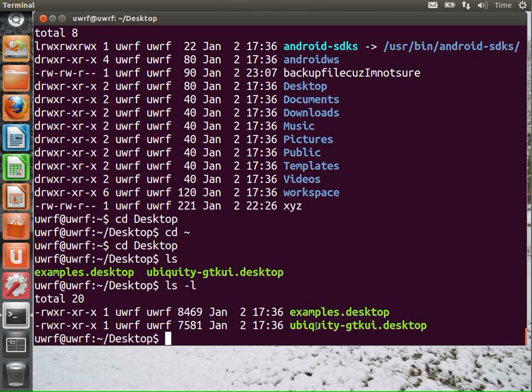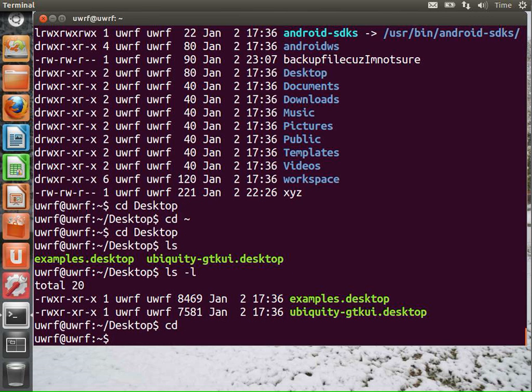Okay, and then now we can cd to, let's just say cd return. Takes us back to our home directory, just like cd tilde does. Okay, now here's the more complicated thing. You can go directly to the root of the file system